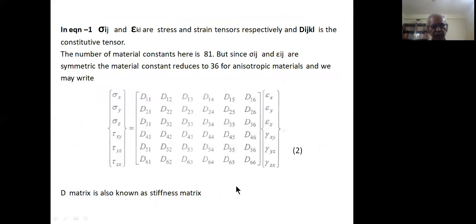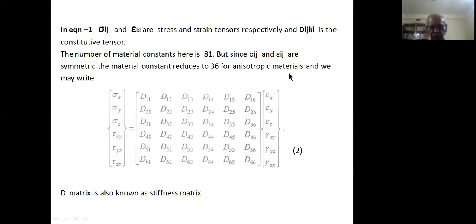In fact, if you consider the total number of material constants in a generalized Hooke's law, it will be 81, because it is 3 to the power 4: there are 4 different variables and they are all from 1 to 3. But since the stress and strain tensors are symmetric, it comes down to only 36